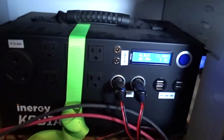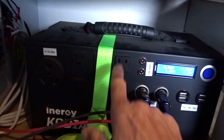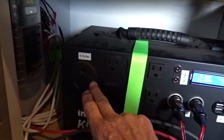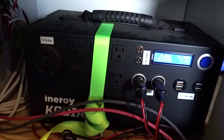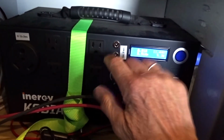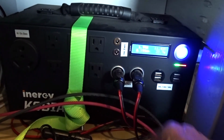So the Kodiak battery, it's a lithium-ion battery. It only weighs 20 pounds. It has its own inverter, so you can run 110. You can also run a 30 amp. I guess people could plug in their small camper and run it. But if you want to run anything that's on a 110, you just press that button and it